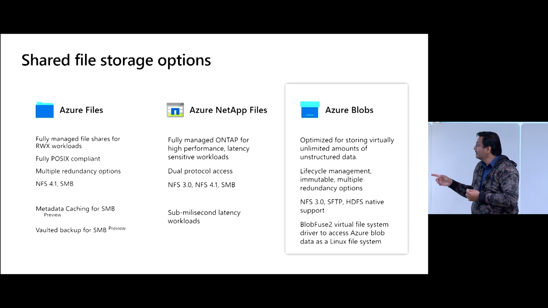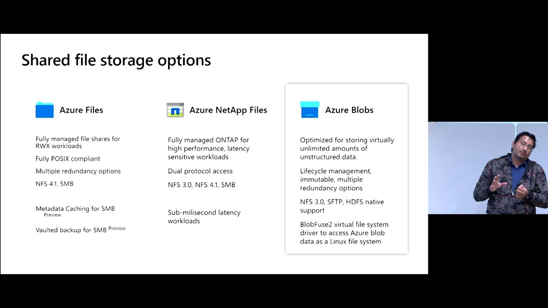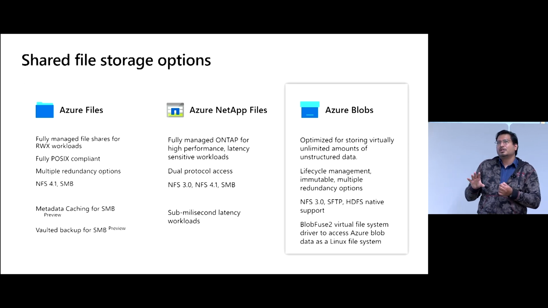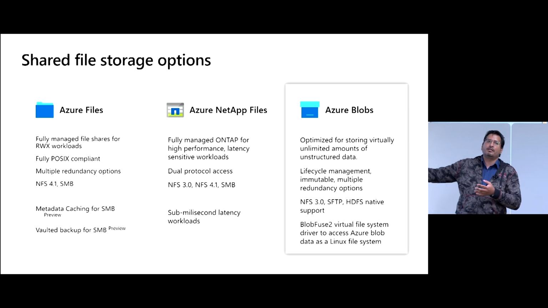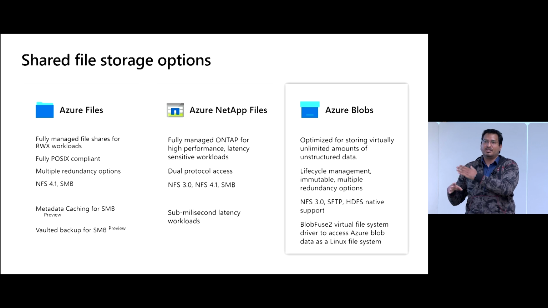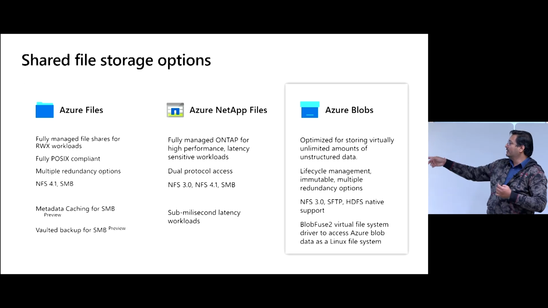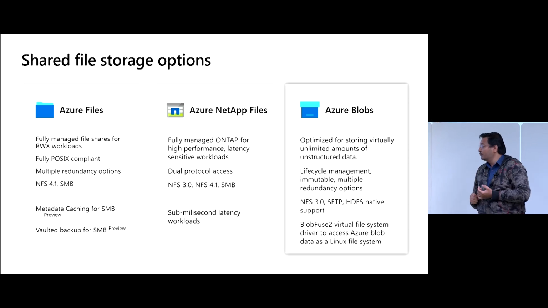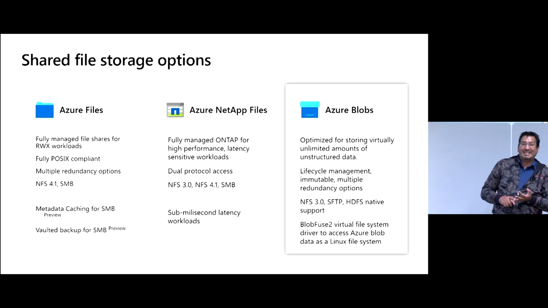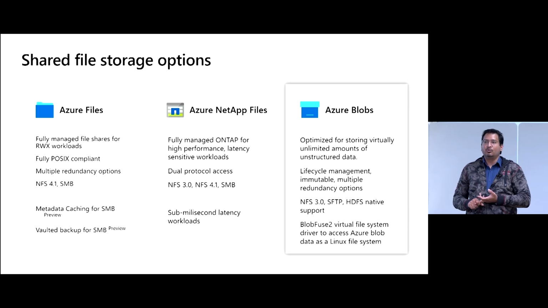In addition to this, if you have a requirement for lifecycle management, like if you're storing backups and you say, I move these files into an archive after X amount of time, which is a lower tier storage, you can do that in Azure Blob. Today we allow Azure Blob export through NFS 3.0, FTP, SFTP, and Hadoop file system through the ADLS Gen 2